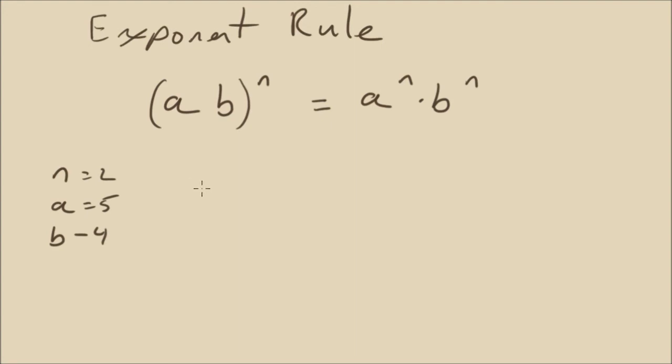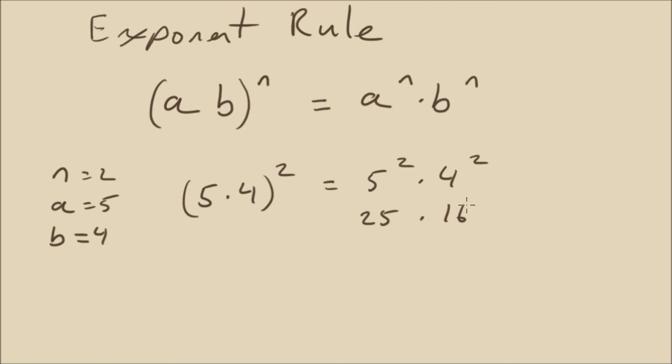So I have 5 times 4 all to the power of 2. According to our rule, that's the same as us saying that we have 5 to the power of 2 times 4 to the power of 2, which will be 25 times 16,